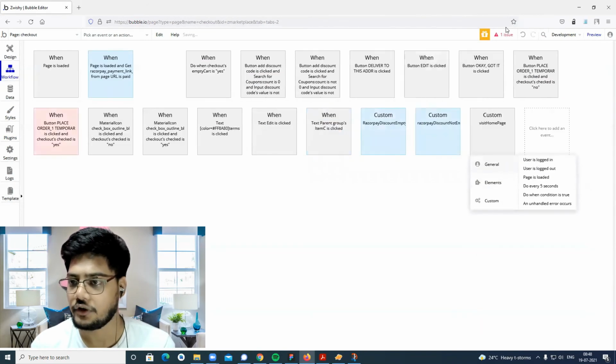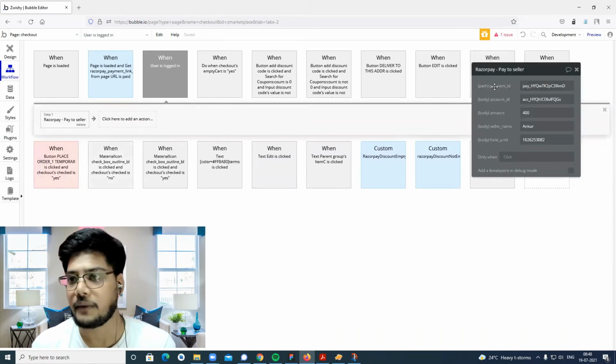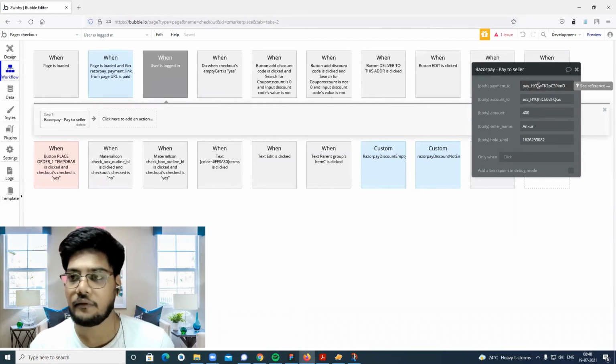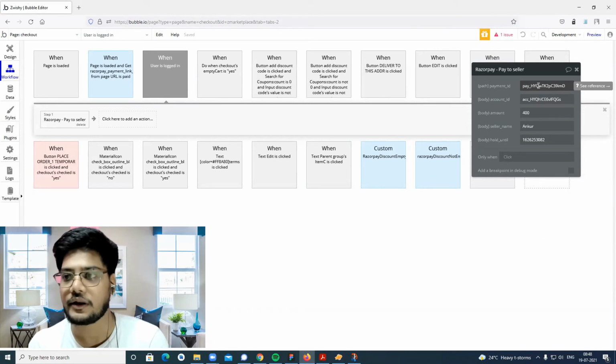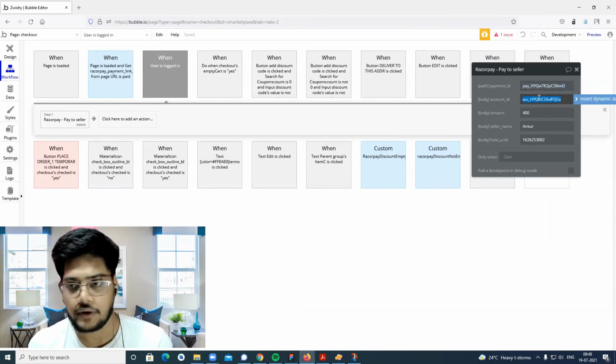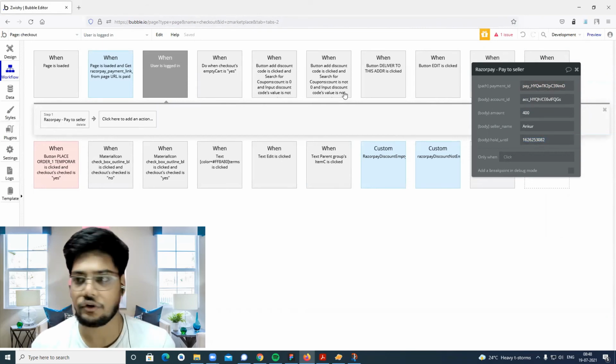And how we are using it: just create any user, logged in, for example. Just click over this, go to Elements plugin, click on Razorpay Pay to Seller, and just pass the payment ID. That payment ID you need to forward. So first you need to make a transaction. When a transaction happens, Razorpay returns your Razorpay payment ID. We already covered all that in the previous video, and I will link the video also. You get a payment ID, and then you need to pass the account ID, the amount, the seller, and hold until when you want to release the payment to the seller. That's it. When you click over this, you get a response.